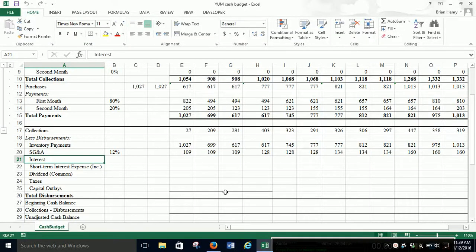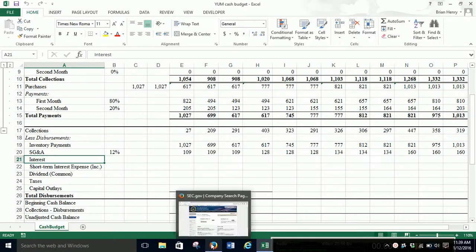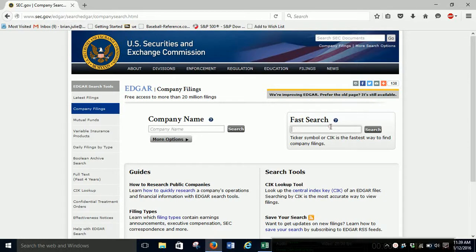Let's keep working through the cash budget. We're going to pull some of these things down here from cash flow statements real quick, mostly quarterly cash flow statements. That way we can spread out how the cash hits. So,